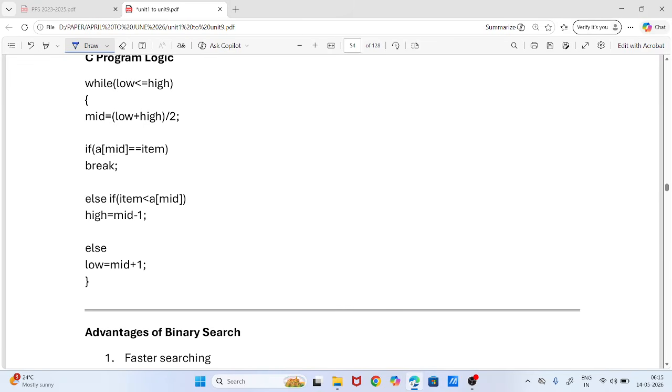See the program logic. While low value is less than or equal to high, then the middle value, low plus high divided by 2, formula will be executed. If a[mid] equal to item, then break, else if item less than a[mid], then high is equal to mid minus 1, else low is equal to mid plus 1. This is the program of